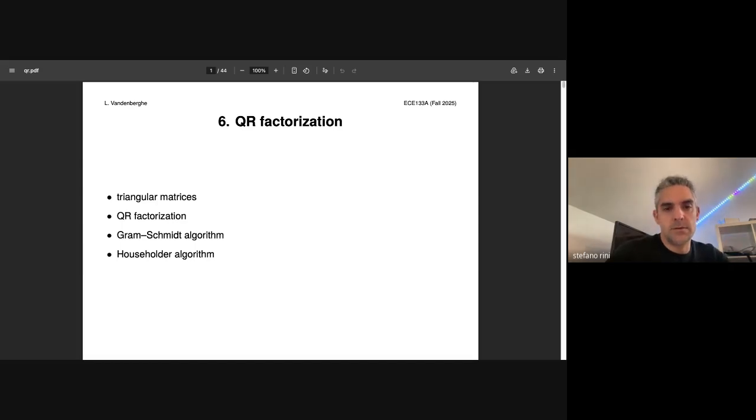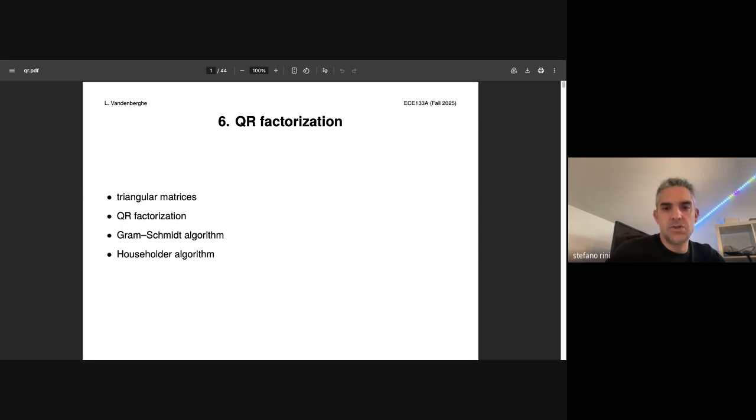Next, we get to the QR factorization, which says this: that A, if an m times n matrix has linearly independent columns, then it can be factorized as follows: Q1 all the way to Qn, multiplied by these elements. Okay, so Q1 to Qn are orthonormal m-vectors. So this is an orthonormal matrix, which means that the norm is equal to 1 and the inner product is equal to 0. The diagonal elements of this matrix R are all non-zero. So this is a square matrix. And if Rii is less than 0,